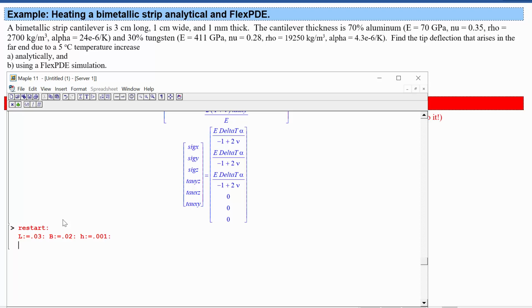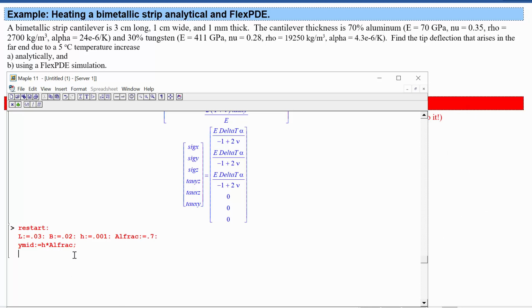And then we know that the cantilever thickness is 70% aluminum and 30% tungsten. So let's build in some material parameters that are dependent on position. Let's say AL frac is 0.7, and then Y mid, the midpoint Y, is equal to H times AL frac. I'm going to deliberately use a different coordinate system than we used in the example here. The one in the notes centers the junction at 0